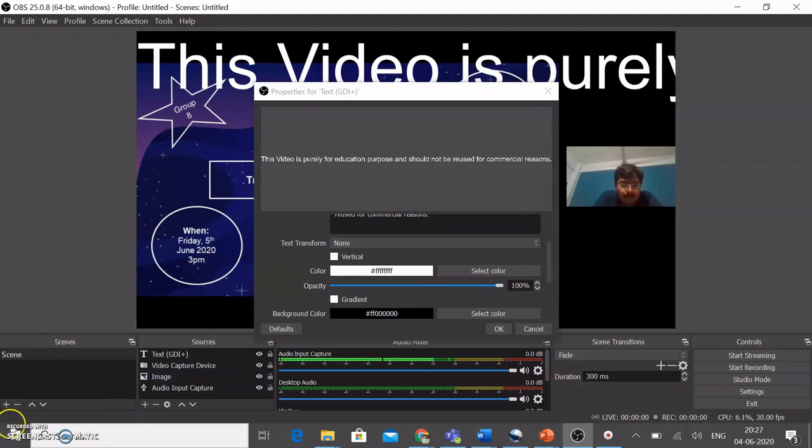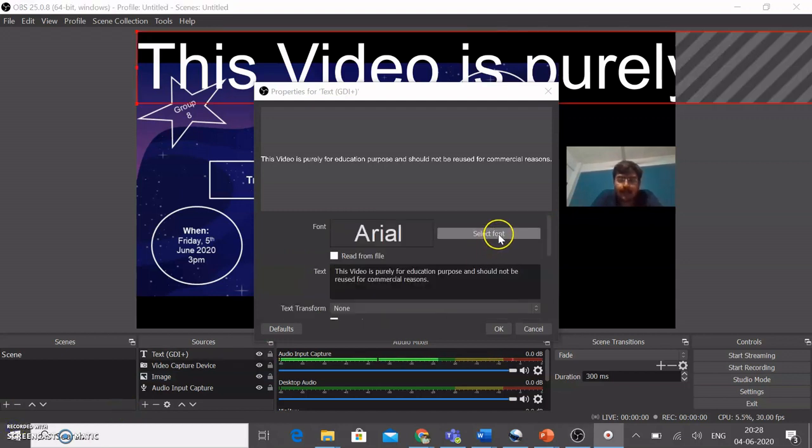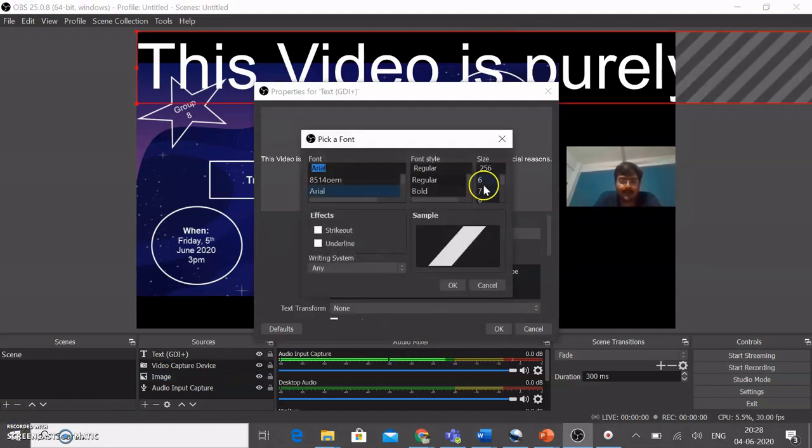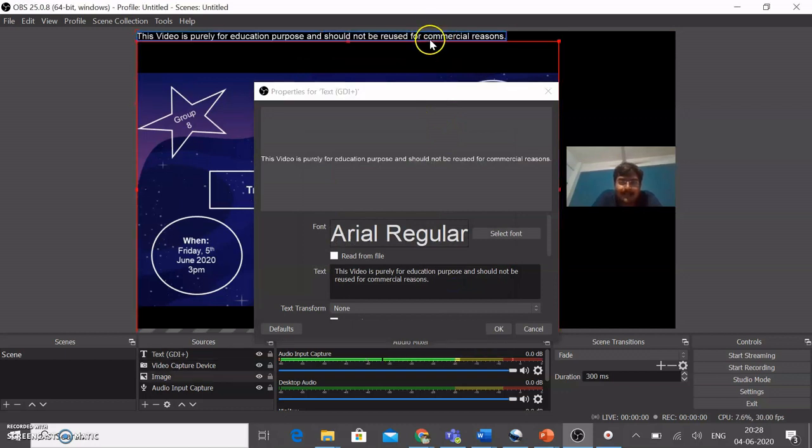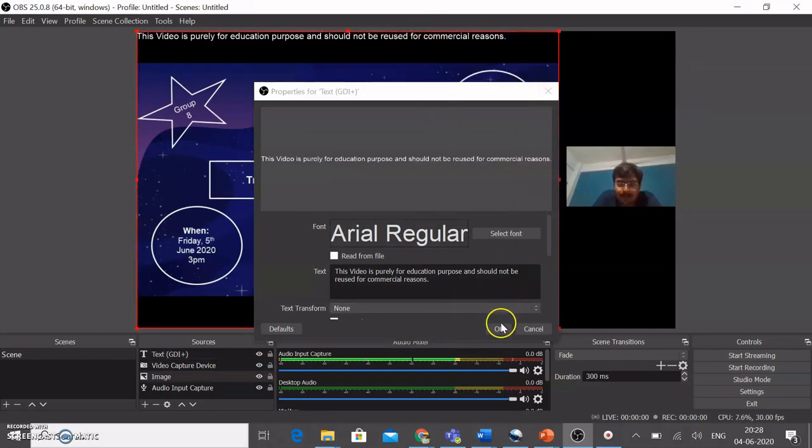To select the size, you can go on select font and you could adjust the size in the size section. Let us say we want to keep it somewhere in the range of 36. So you can click on that. And now you can see that the size of the font has been reduced. Click on OK.